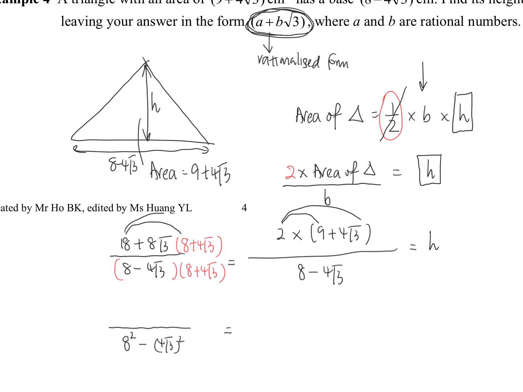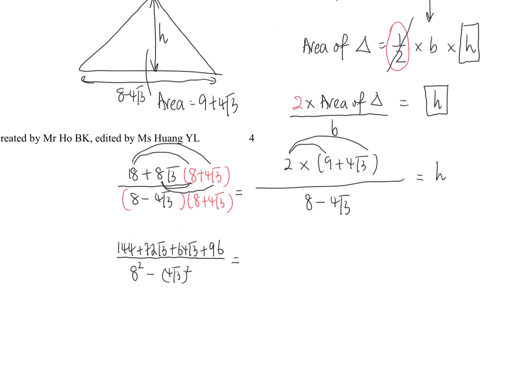Okay, the next few parts is just your normal expansion. Okay, what is 18 times 8? Okay, cannot trust my brain today. 144. Then 18 times 4. 72. 64. And 32 times 3. 96. Okay, so you will get these 4 terms, which finally simplifies to